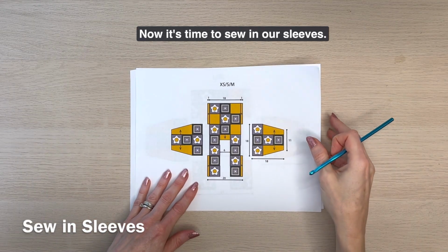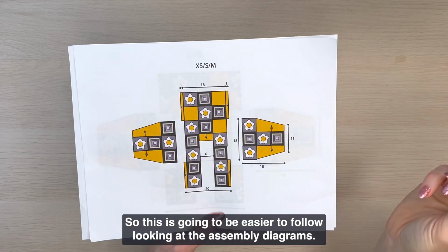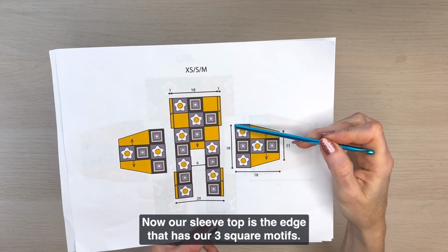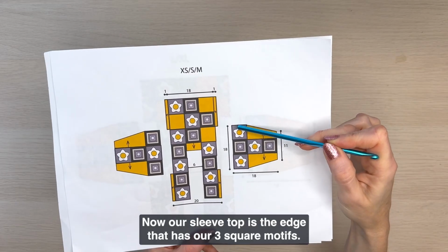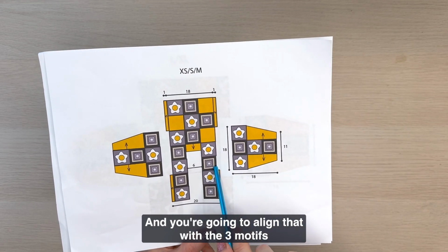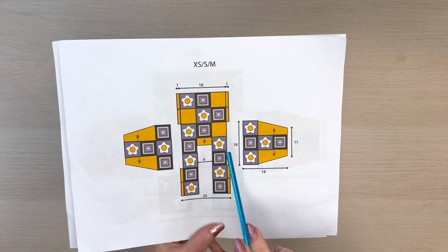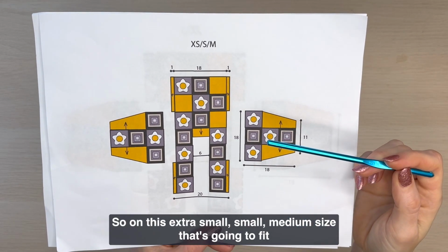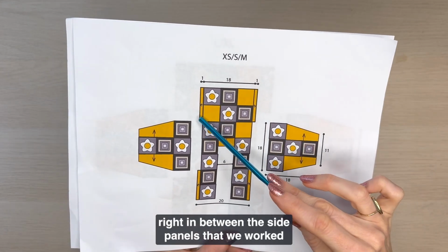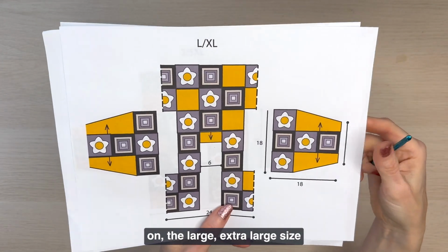Now it's time to sew in our sleeves. This is going to be easier to follow looking at the assembly diagrams. Our sleeve top is the edge that has our 3 square motifs, and you're going to align that with the center 3 motifs at either side of your body piece. On this extra small, small, medium size, that's going to fit right in between the side panels that we worked. On the large, extra large size,